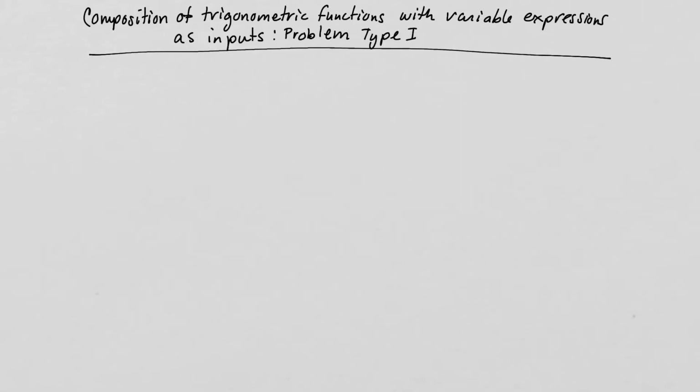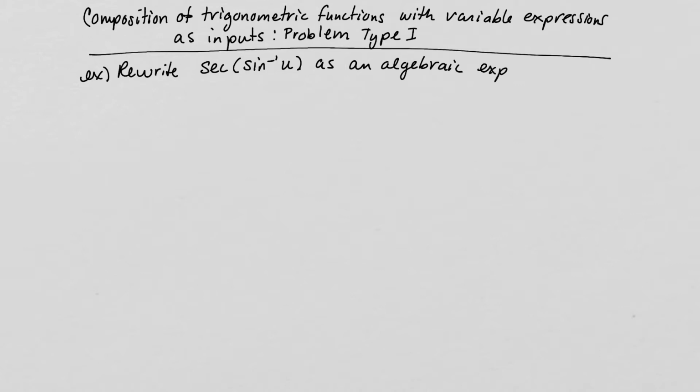So in this topic, we're going to look at composition again, but this time we are going to be looking at it in terms of, rather than inputting numbers, we're going to input a variable expression. So for example, rewrite the secant of the inverse sine of u as an algebraic expression